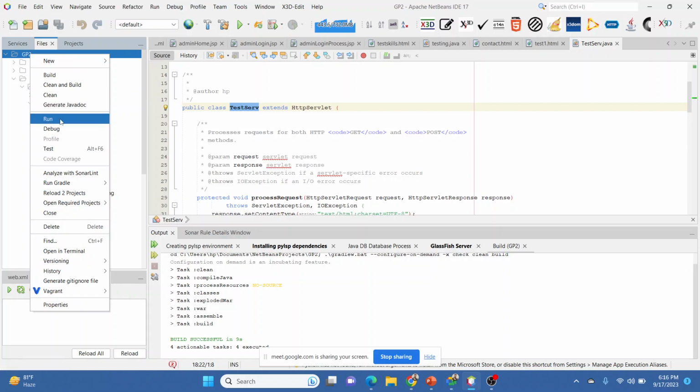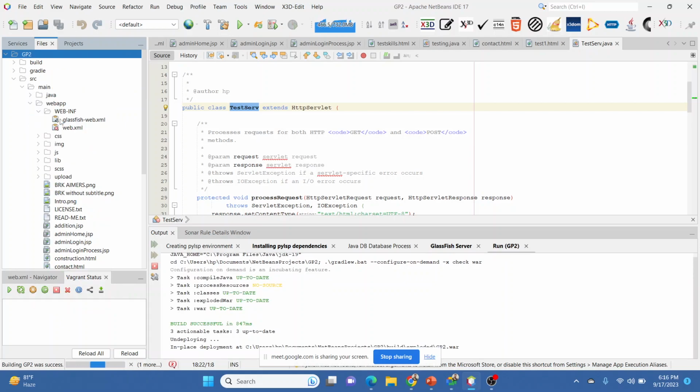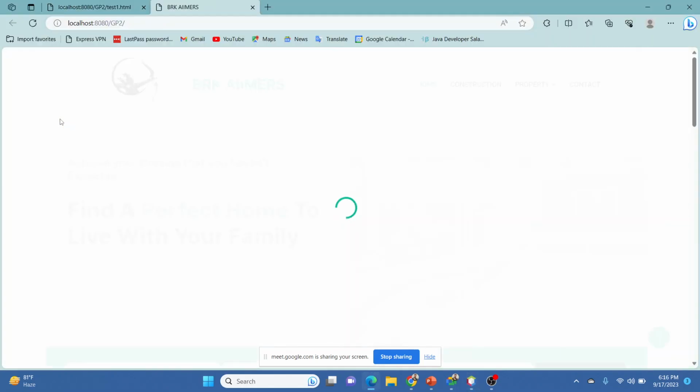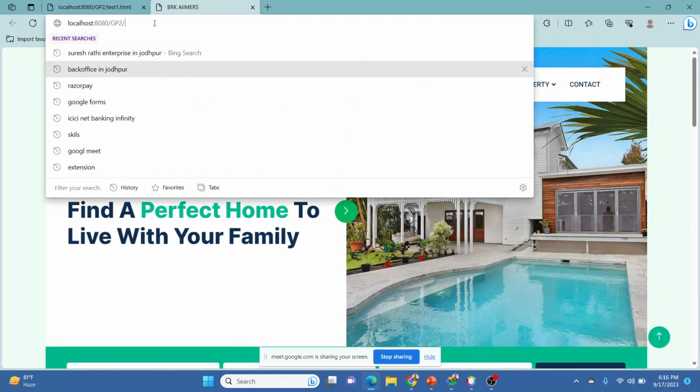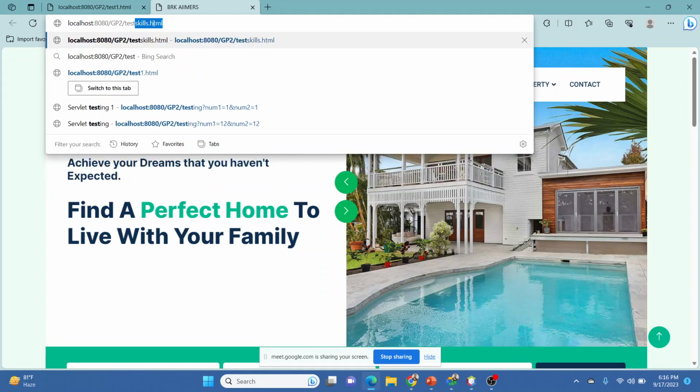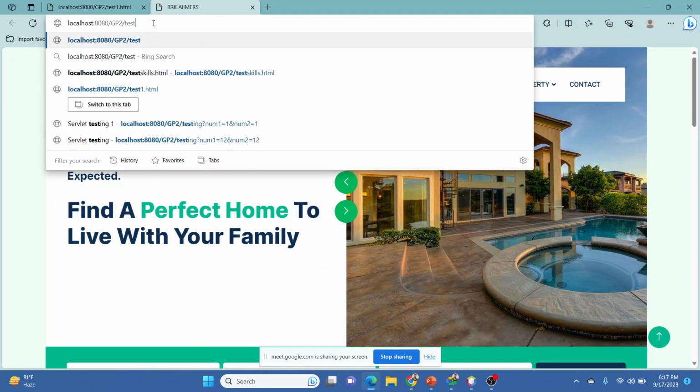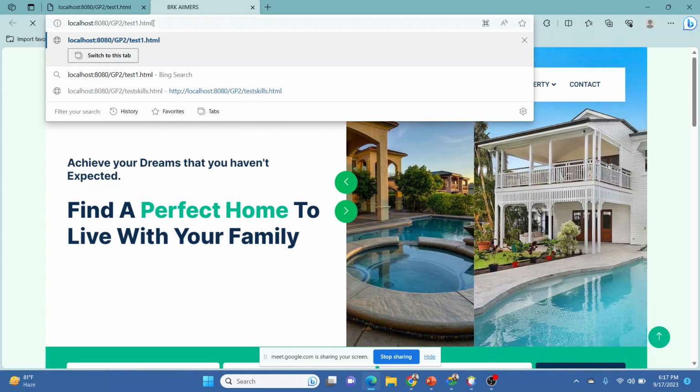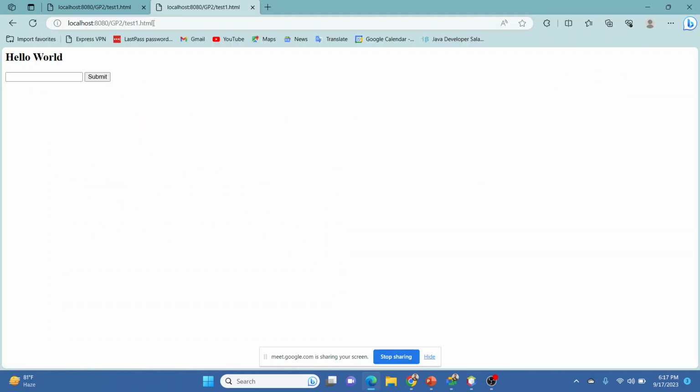Then you can go into run mode. The HTML file name is test1.html. So hello world, our text box is there and submit is there.